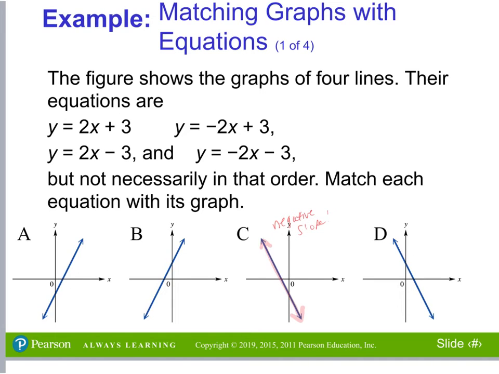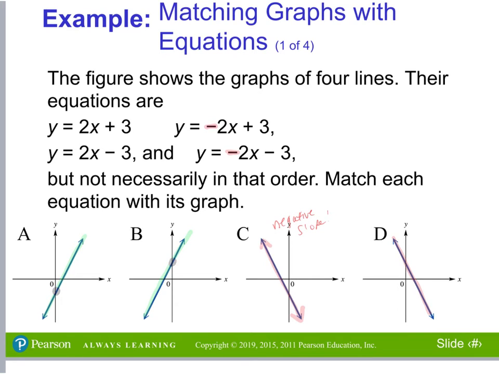And also this D has a negative slope as well because it's dropping from left to right. Okay, so I look to see which equations have negative slope. So those, let's see, A and B are both positive slope. So now we think about our